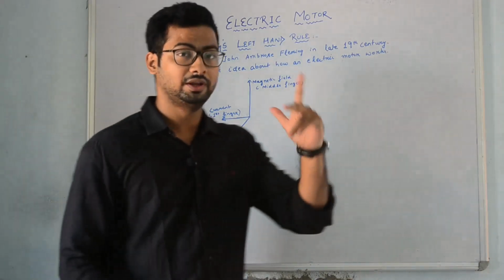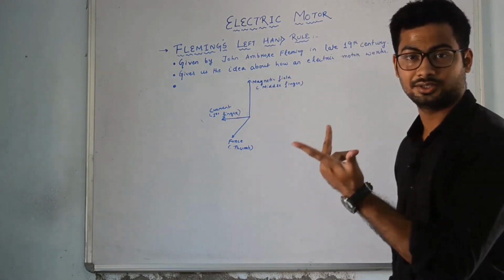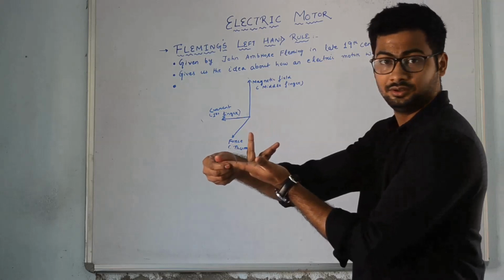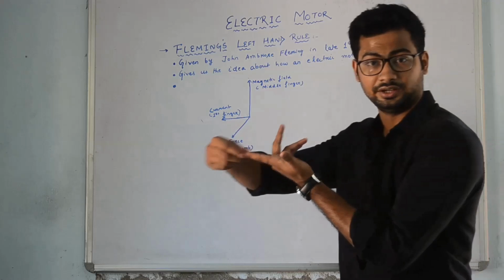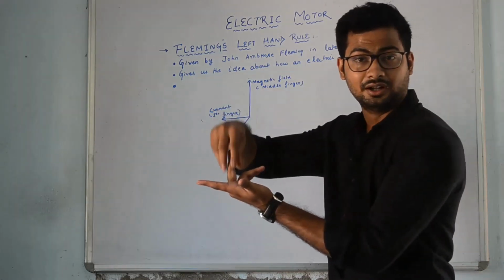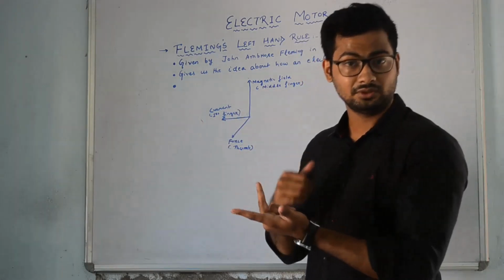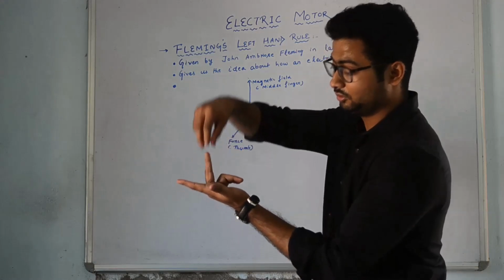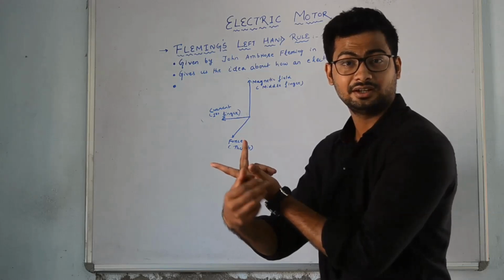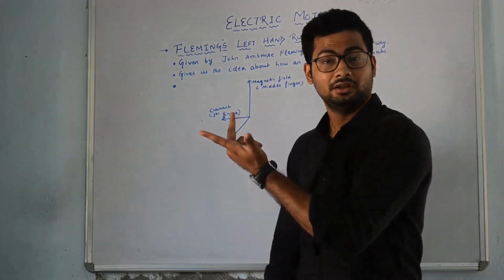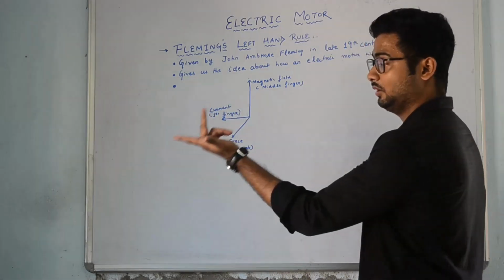To understand this law, we have to set our fingers in this way. The first finger is the direction of the electric current. The middle finger determines the direction of the magnetic field. The magnetic field is always pointing from north to south, so this will determine the north to south direction. And the thumb is the direction in which the force is exerted on the coil present in the electric motor, which we will understand later on. So this is the way an electric motor works.